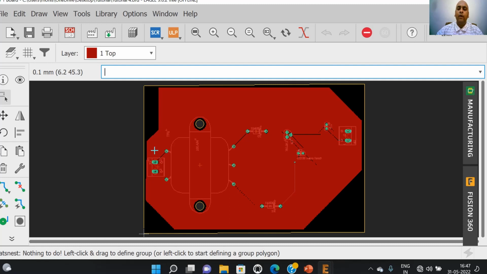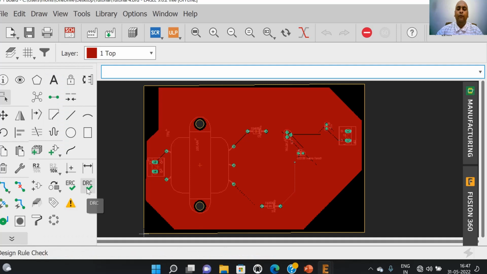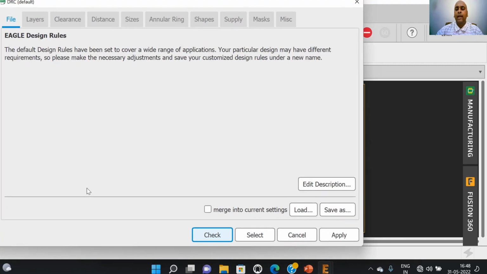As per the requirement of the manufacturer, we can check some design rules for our PCB, and in order to do that, we use the design rule check tool. When we select design rule check, another window appears on the screen. By using various tabs, we can set various parameters that need to be checked.